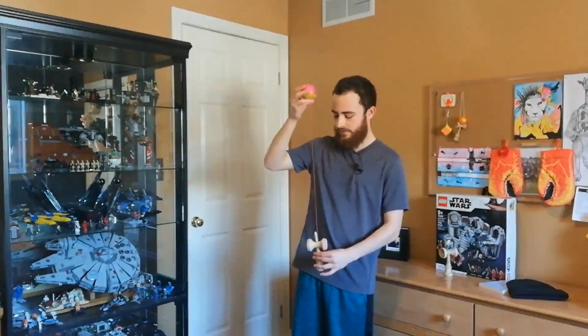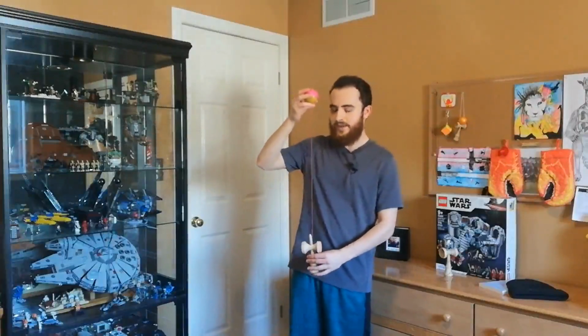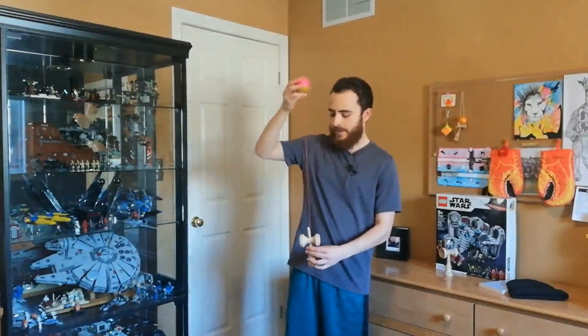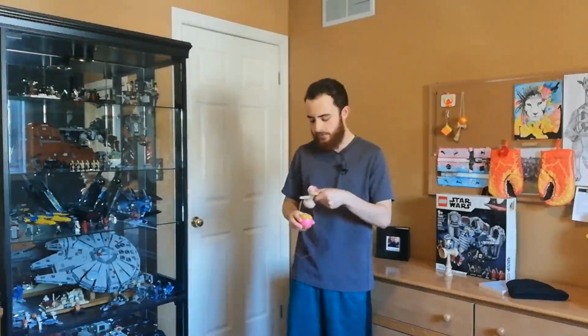So we've got that 45-degree angle-ish, and I used to have an issue where I'd always really want to pull outwards, and you need a bit of out. I thought you needed a lot of outwards pulling, but really I'm finding now that if I just pull it a little bit out with mostly upwards motion, you can see how the ken kind of climbs up properly. So make sure that once you have it at that 45 angle, you're giving it a light tug upwards. You're pulling the ken up towards you,